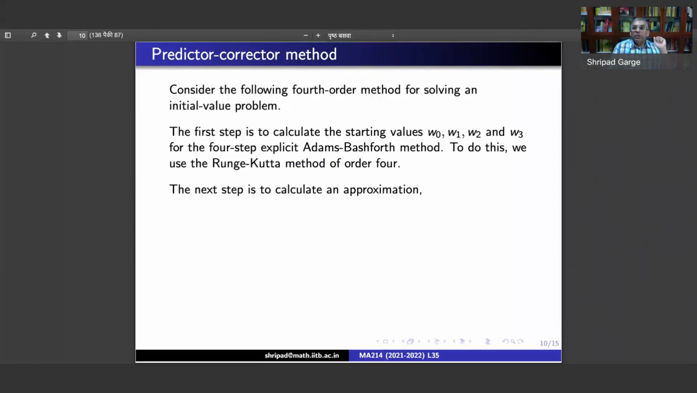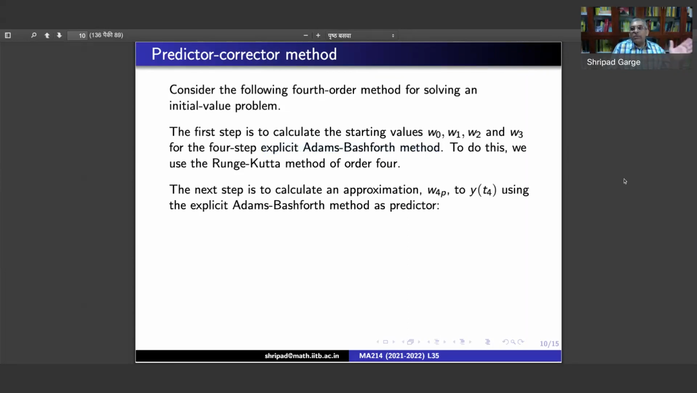Then we compute an approximation which we call W4P. We don't call it W4, we call it W4P, P for prediction. So this W4P is an approximation of y(t4), and for that we use this explicit Adams-Bashforth method. Okay. So using the explicit Adams-Bashforth method, we compute W4P. This is the formula for W4P. Okay. Having computed this